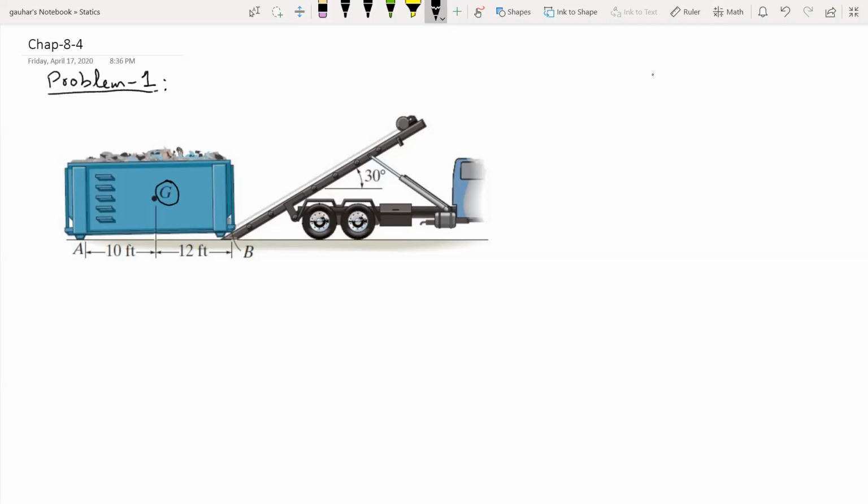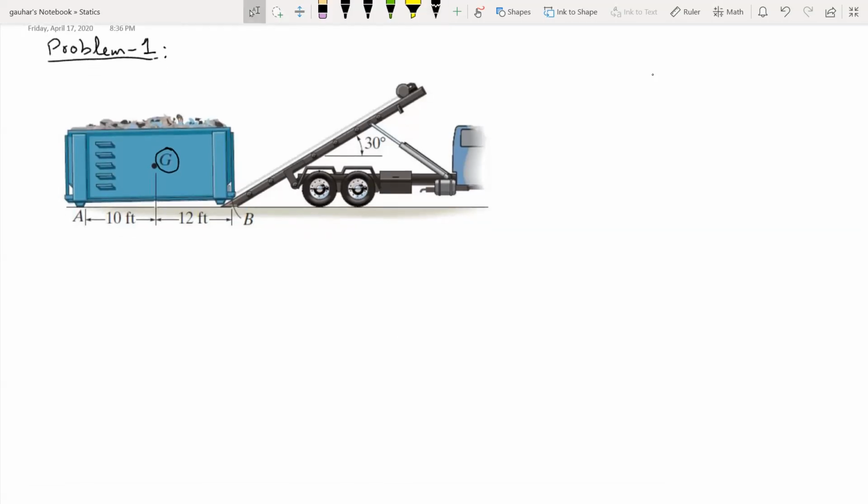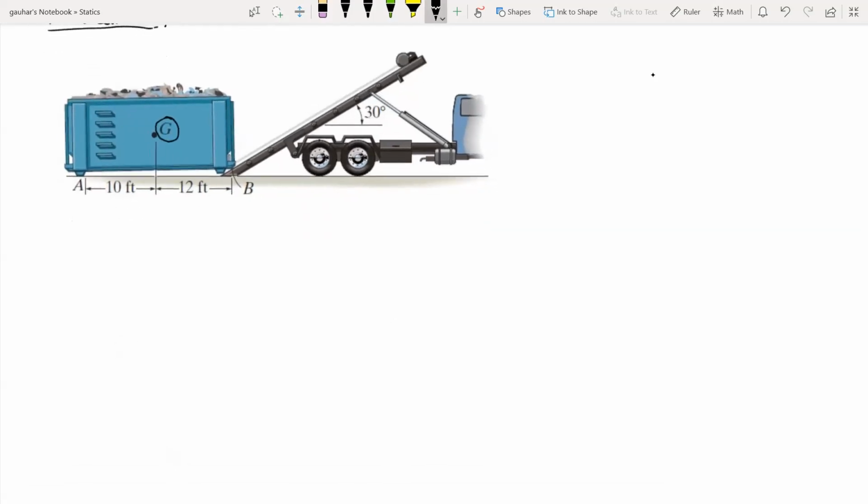Now, what do we need to find? We have the coefficient of static friction at point A and point B, and we need to determine the force in the cable. So that's what we need. We can apply the concepts of friction coefficient, friction force, and motion. So let's apply those concepts and find the tension in the cable. As a first step, we know what the first step is, right? We need the free body diagram. So draw the free body diagram